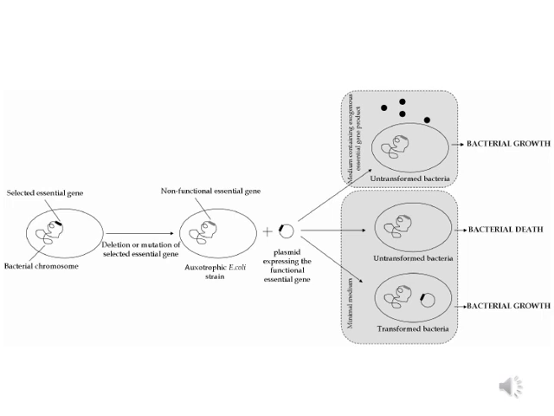And I also told you, when we want to study complementation in bacteria, we need to have two copies or two alleles of the same gene. So here what we will do, another copy of the gene, we'll try to introduce on a plasmid expressing the functional essential gene. Now we have our bacteria which is an auxotroph, which is non-functional for that essential gene. So we will add a plasmid which is expressing the functional essential gene. Okay, so we have three cases.